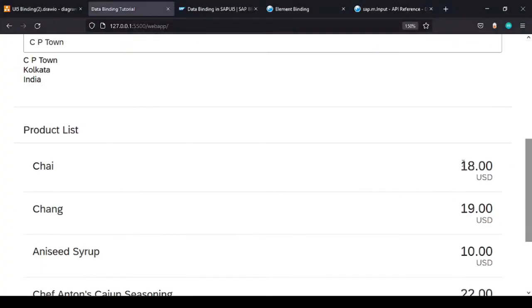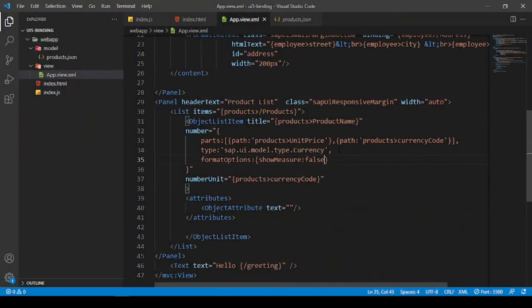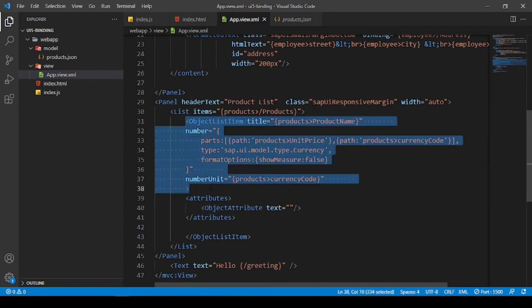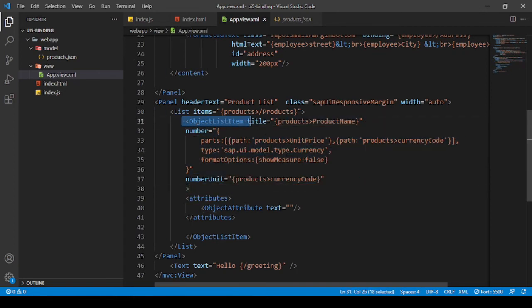I'll not see any more duplicates, but now the currency is also handled. I mean the decimal part is also handled, and it looks much better than earlier. Cool. So that's a very simple way of doing an aggregation binding. I have also demonstrated how the template binding works, because there's a predefined template, the object list item, which